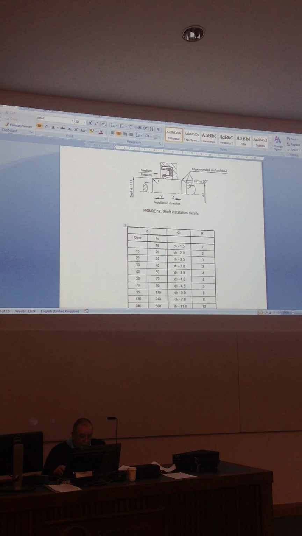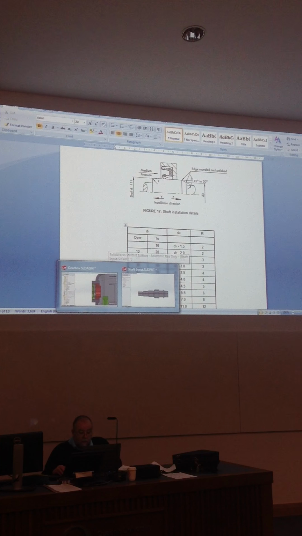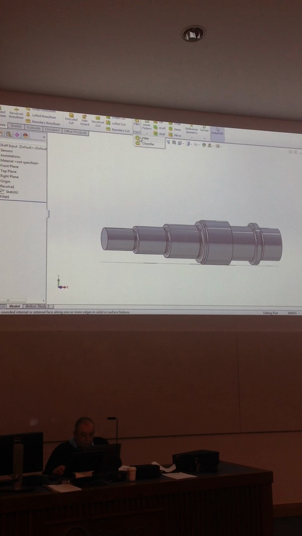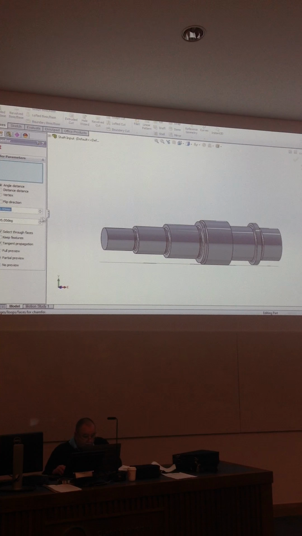I'm 25, so I'm in this range here, 20 to 30. So it's saying 2.5 less than the outer diameter, which of course radially is 1.25. So we'll do that. So let's have a look. Okay, so we'll put on a chamfer on here, and